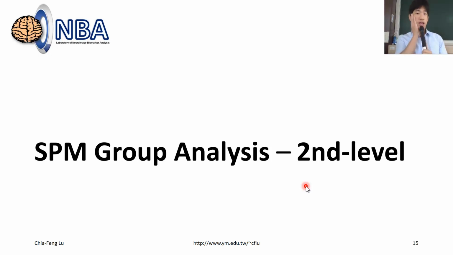Okay, in the second part, I'm going to introduce the so-called group analysis, group-wise analysis. That will be the second level analysis. As you can see, in the first level analysis, we only use the data from a single participant. That is the data we acquired in week 5 when we visited the 3T MRI facility in National Yang-Ming